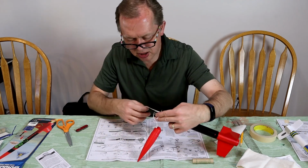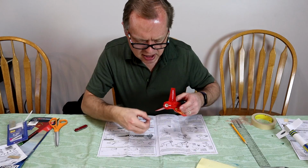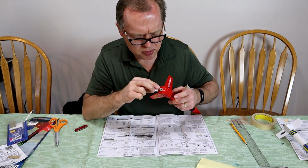Oh, I gotta get the shock cord in. And you basically use that to hold it in position